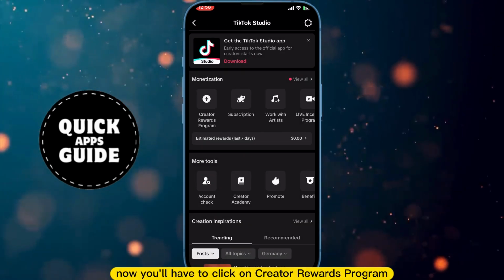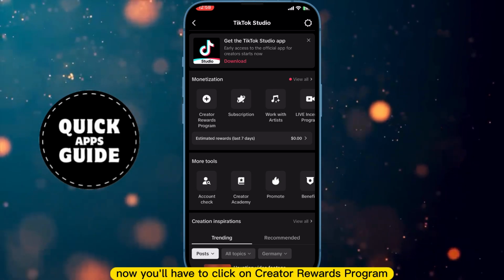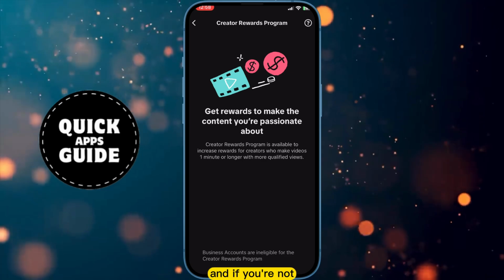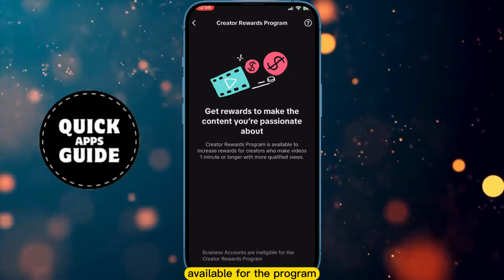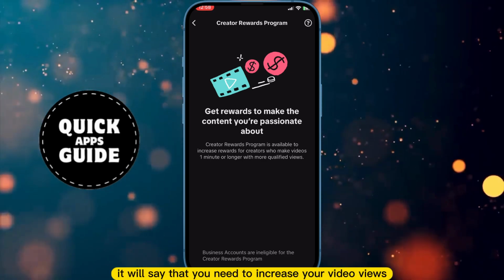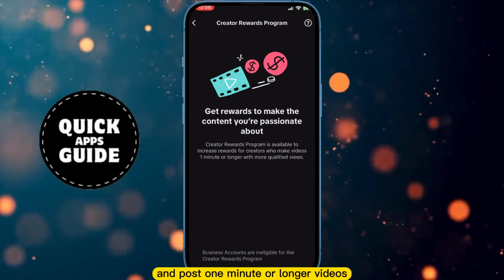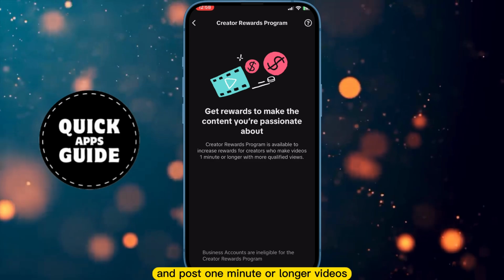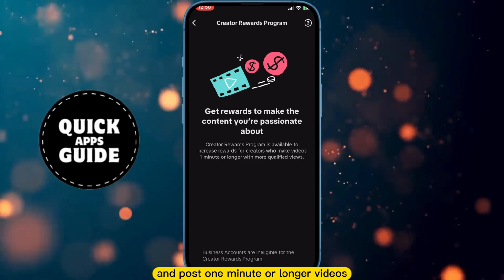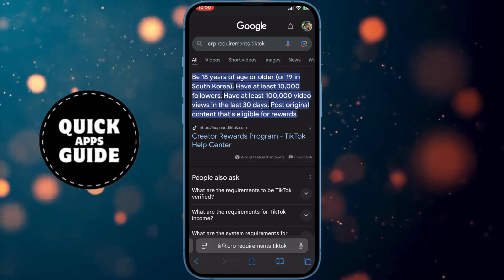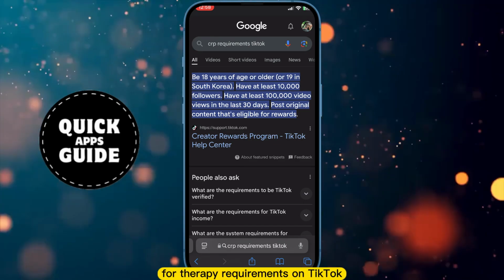Now you will have to click on Creator Rewards Program. And if you're not available for the program, it will say that you need to increase your video views and post 1 minute or longer videos. But now if you go to our Safari browser, for CRP requirements on TikTok, you will have to